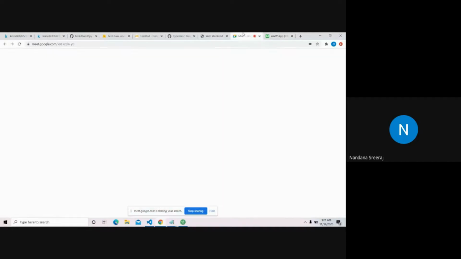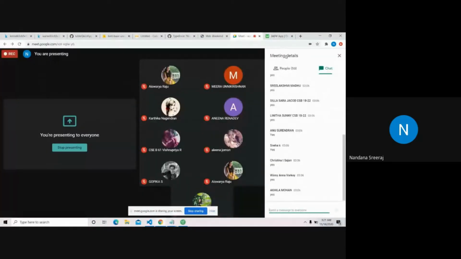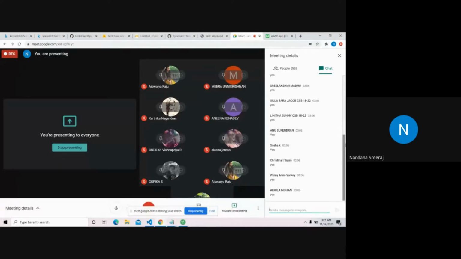Do you have any doubt regarding what a margin or padding is? If you have any doubt, you can ask. You can either unmute or put it in the chat box. It may be confusing for some people, but if padding doesn't work, you can use margin. If margin doesn't work, you can use padding. For beginners, it's kind of confusing when you use that. So you'll get used to it as you go. So it's okay. Do you have any doubt?